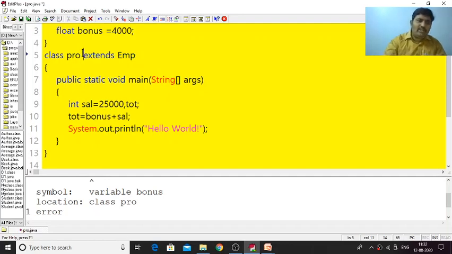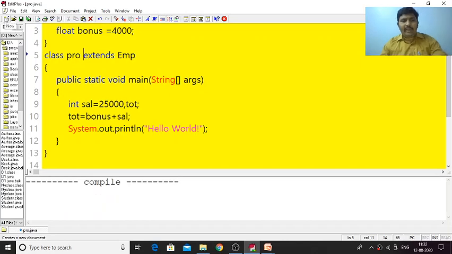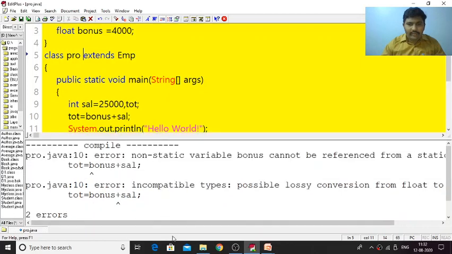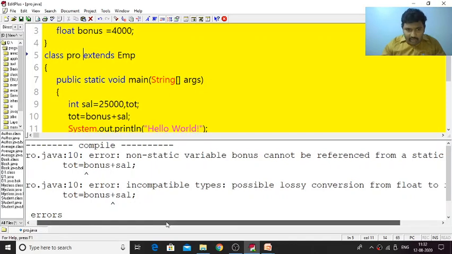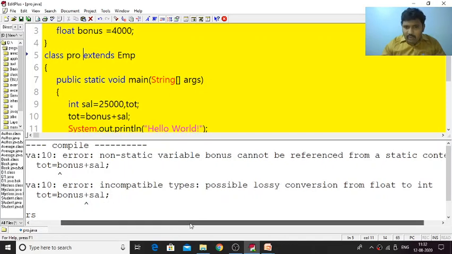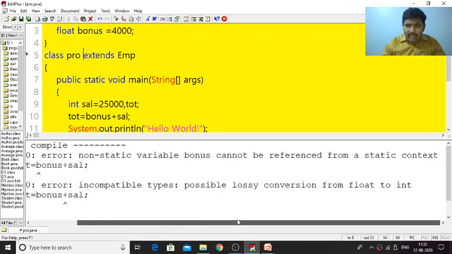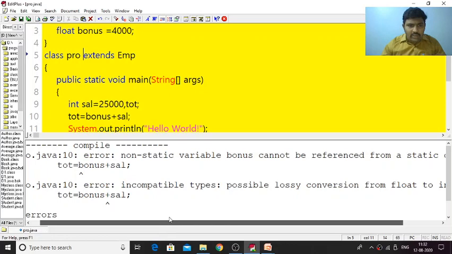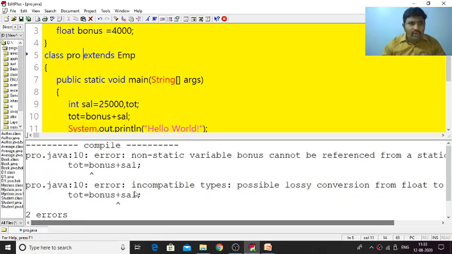Now if I remove this comment and extend the employee class, and compile the program again, it shows two errors. One is that non-static variable bonus cannot be referenced from a static context, and also an error, incompatible types, possible loss of conversion from float to int.